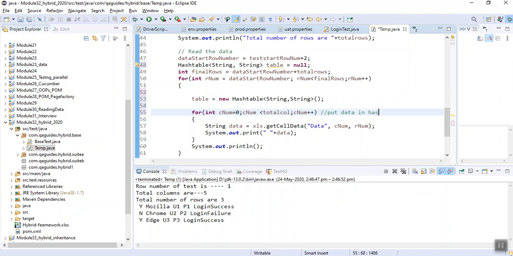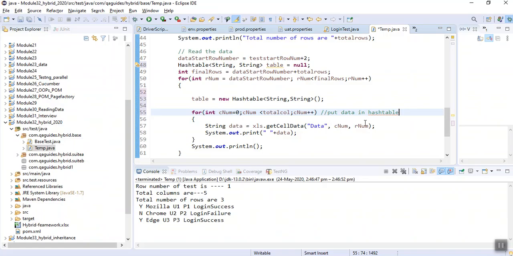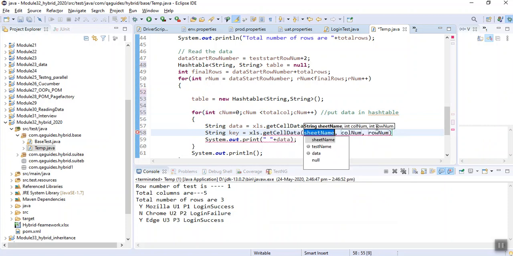Now we can get the key. What are the keys? Keys are these: run mode, column num, column 2. Let's extract these keys. I am creating a string key equal to xls.getCellData, with the column number cnum.